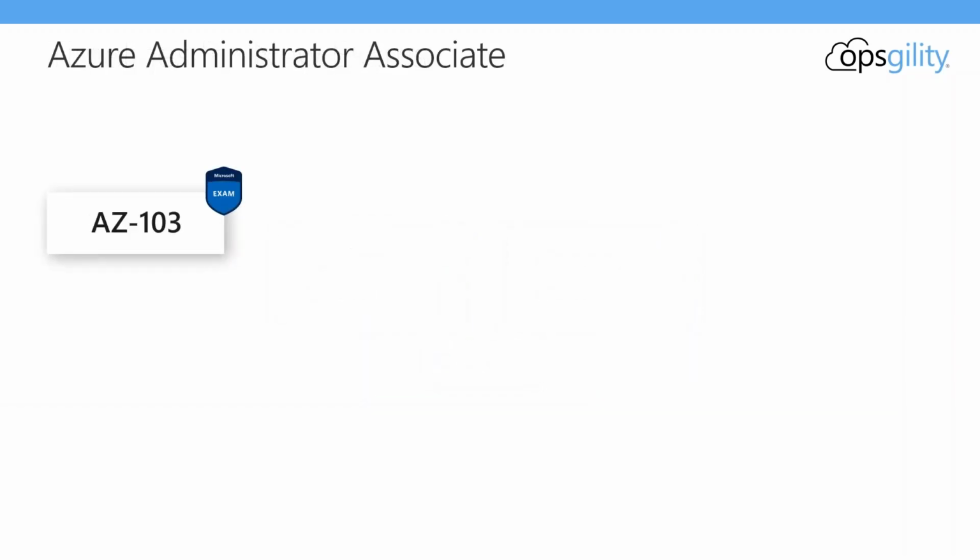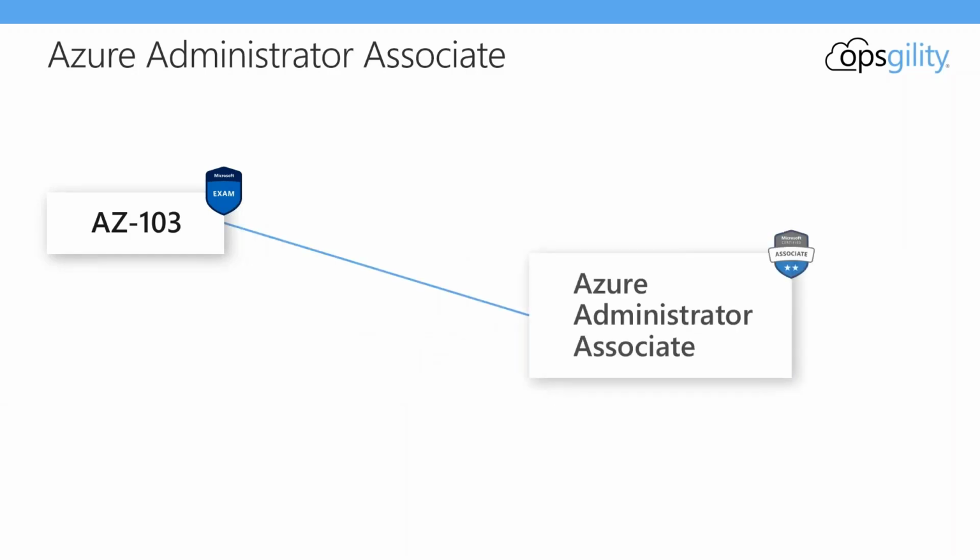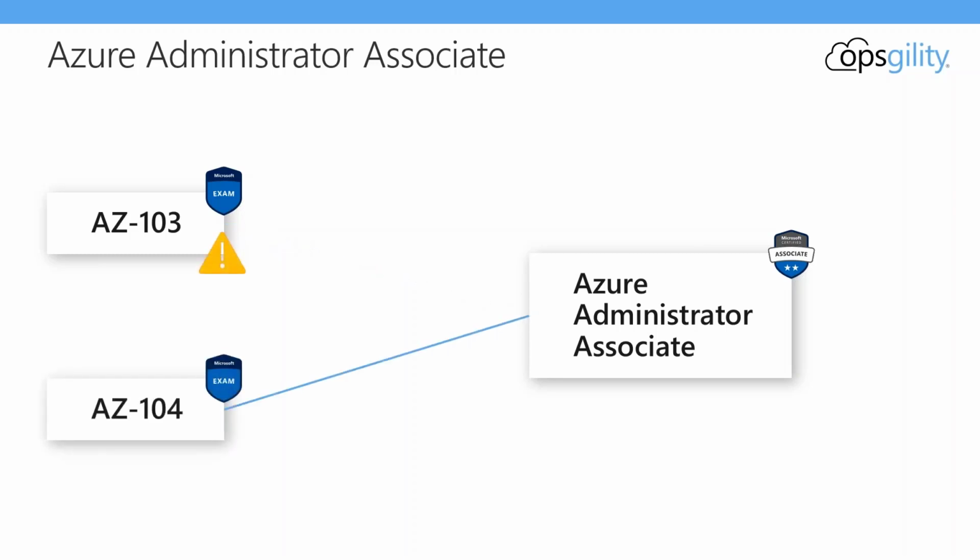With that out of the way, let's go ahead and discuss what is changing, starting with the exams that lead up to that Azure Administrator Associate certification. Today, the AZ-103 is in the market, and that's going to be replaced with the AZ-104 certification exam. There are no changes to the title of the associate certification, and it will still be called the Azure Administrator